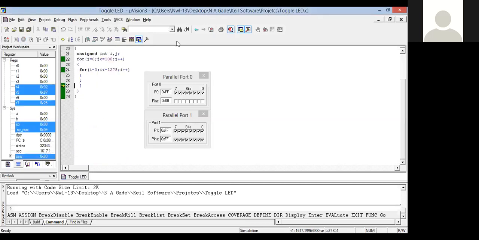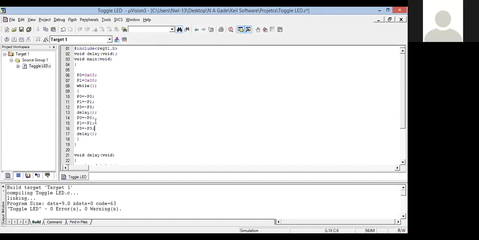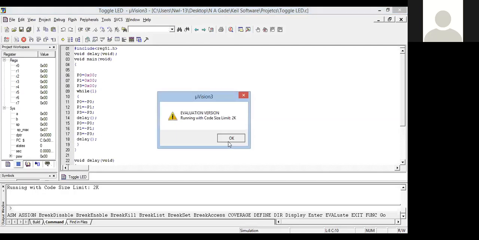I can show you port 3 also. Very simple reasoning. Port 3 is also multifunction. So this port 3 you can toggle it also. Now I will